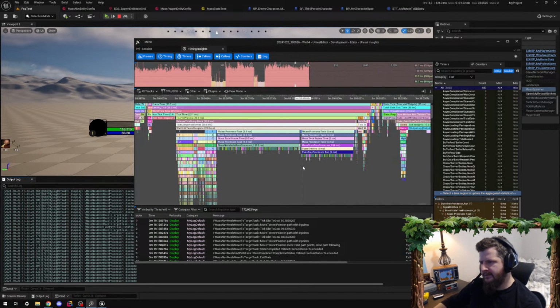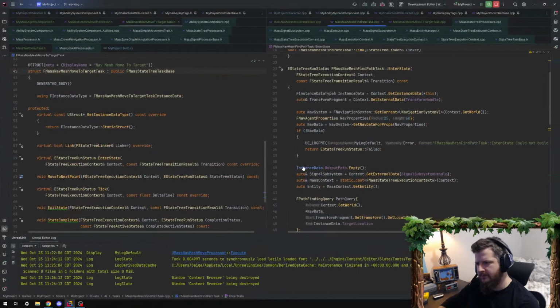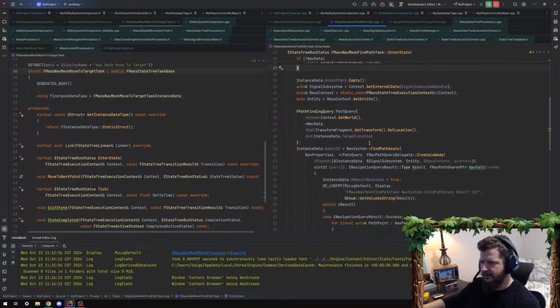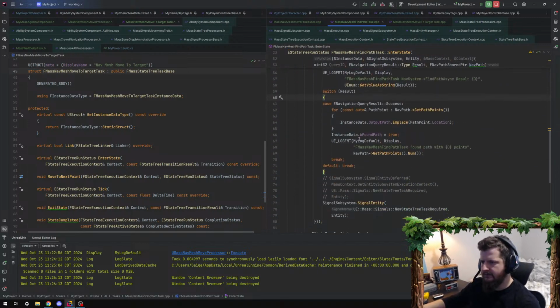The signal stuff seems unnecessary. It literally just seems like a wrapper around delegates. And I get that the purpose is, because there's a bunch of entities, you have to decide which entities to update. So that's kind of what it does. It's extra, but